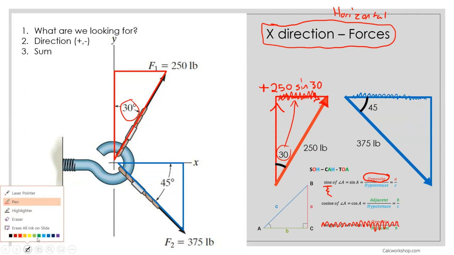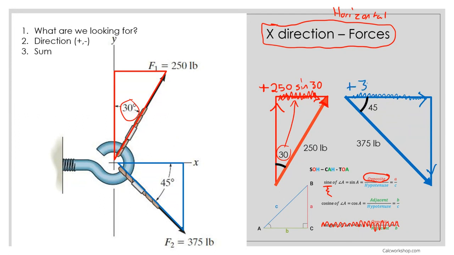Now let's work with the blue one. Again, first, let's look at the direction. The direction went to the right and down, and because it is going to the right and we're looking for this side first, it is positive. Always start off with the same weight, same force. Now we're going to use sine or cosine. Because this angle is touching the side that we're looking for, it is adjacent, therefore you use cosine.